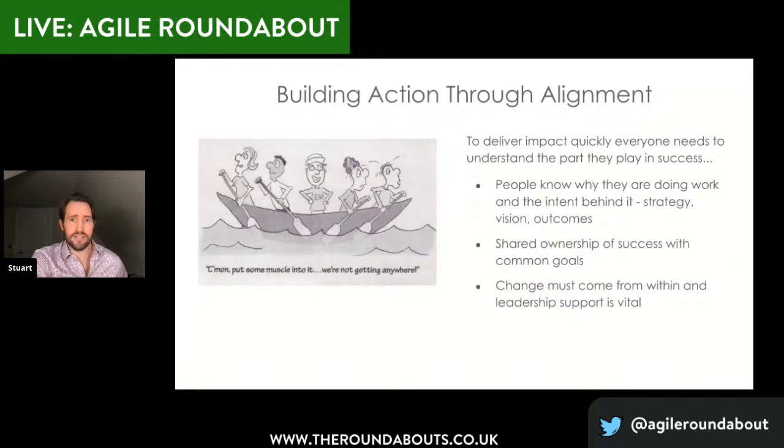But what was next? I think the next challenge for us was the alignment of the teams themselves. This is a classic image here, which is everyone's rowing in the wrong direction. We're not getting anywhere. So being transparent really helped, but we did find that collaboration was difficult in the teams because the goals and the priorities that those teams were operating with were different, and that meant that we really needed to find ways to align them in terms of how they're prioritizing and what goals they're working towards. So